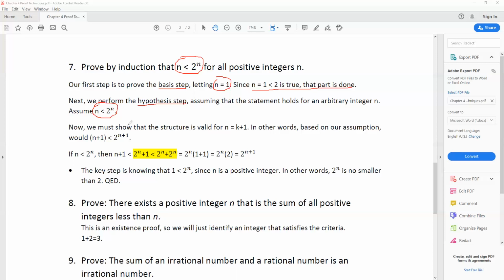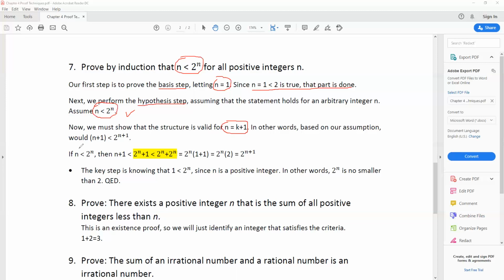The third part, this is often the most tricky part, especially with inequalities. I have got to show that if my hypothesis step is true, that links me with a true statement when n is equal to k plus 1. In other words, based on our assumption, would n plus 1 be less than 2 to the power of n plus 1? Well, if n is less than 2 to the power of n,